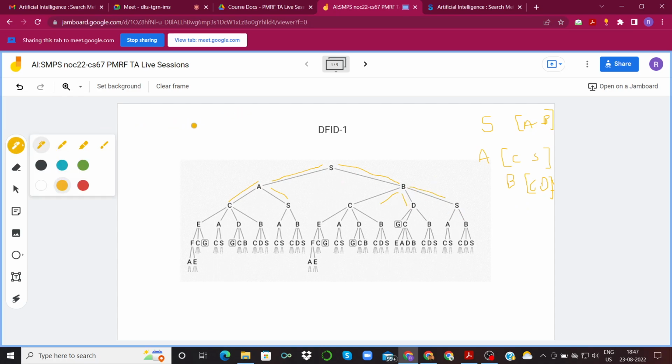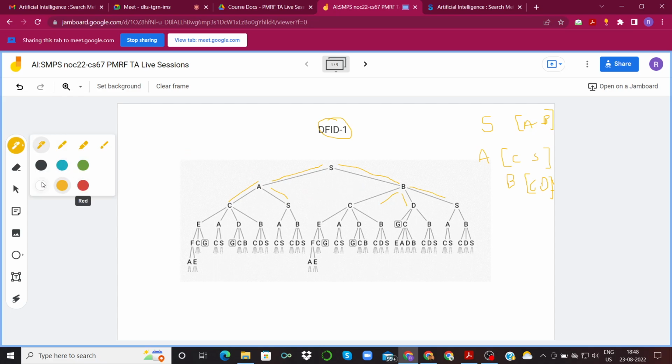Now what DFID1 does is it opens only new nodes, that is, nodes that have not yet been explored. Nodes that are already in the open list or the closed list are not explored. Otherwise it just iterates over the depth, starting from depth 0, and follows a depth first search in each of the depths.